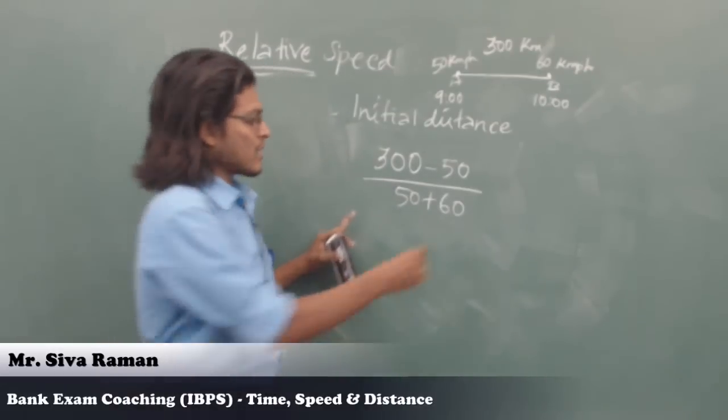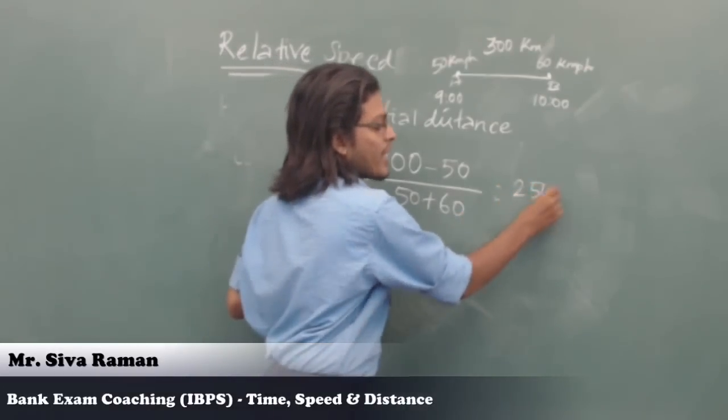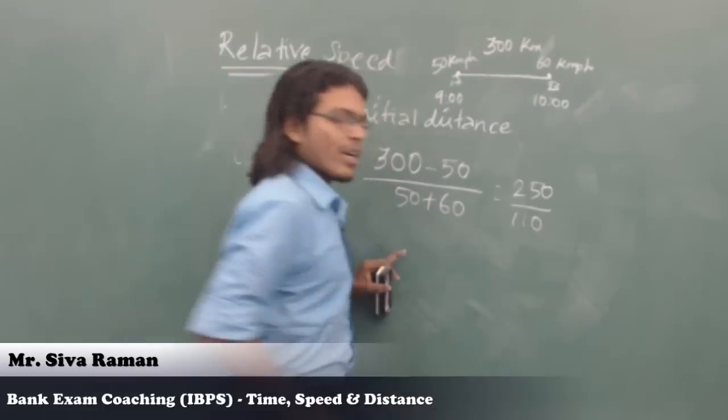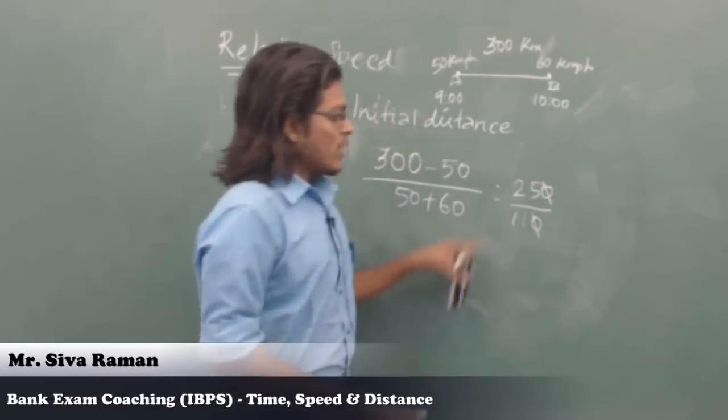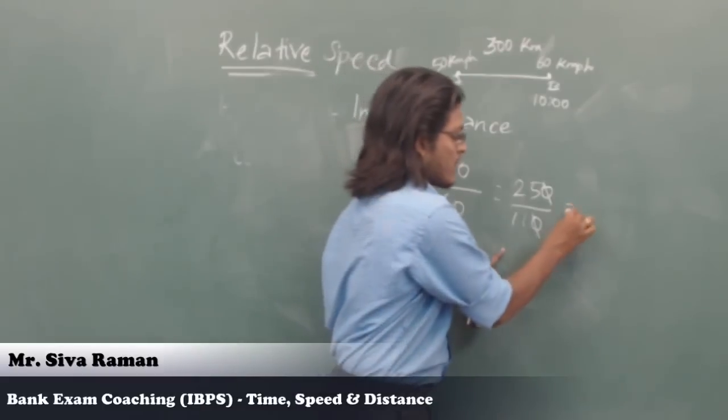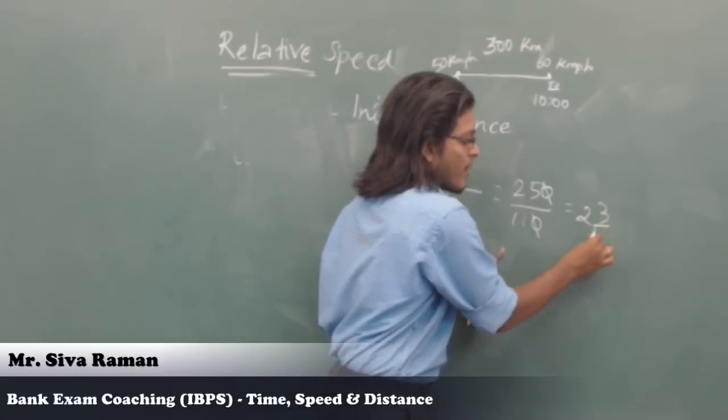The speed will be 50 plus 60. So it is 250 divided by 110. Right. 25 by 11, it is 3 by